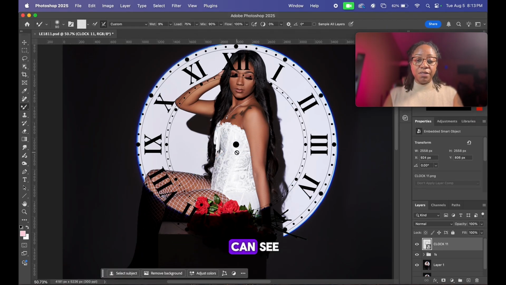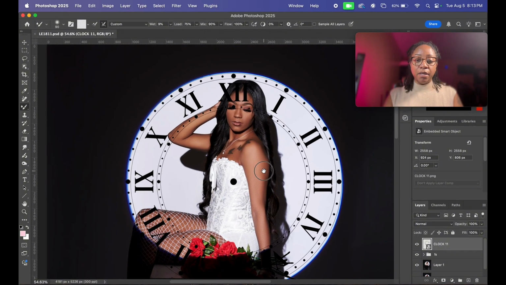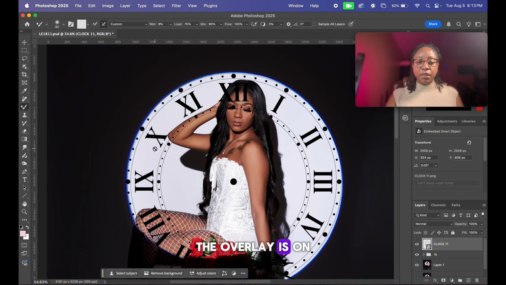Alright, so as you can see, the overlay is on the client, and that's not what we want. We want the overlay to appear that it's behind the client. It's a clock. So what we're going to do is hide the clock layer for just a moment,